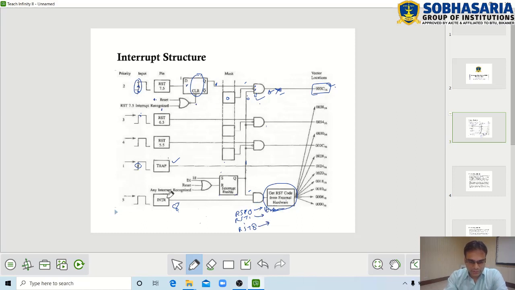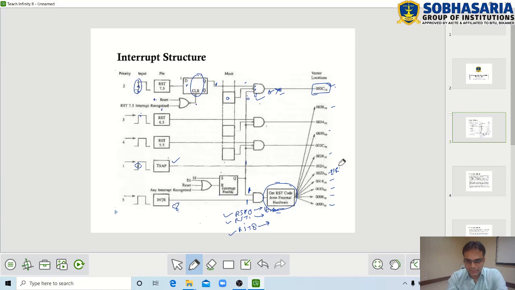So whenever any INTR interrupt occurs, suppose this is also 1 and this is also 1, there will be external hardware required, which is going to help us fetch any one RST code, and each RST code has its own fixed vector location which is going to be fetched, because whenever any interrupt occurs, we need one fixed vector location on which a particular ISR is written.